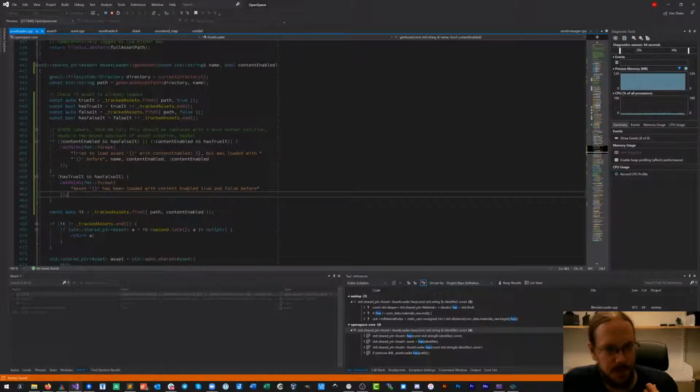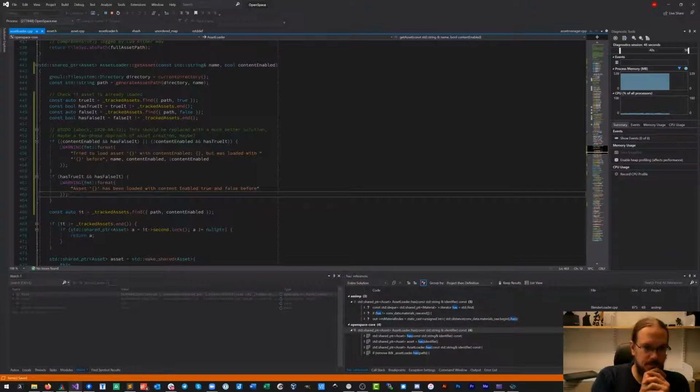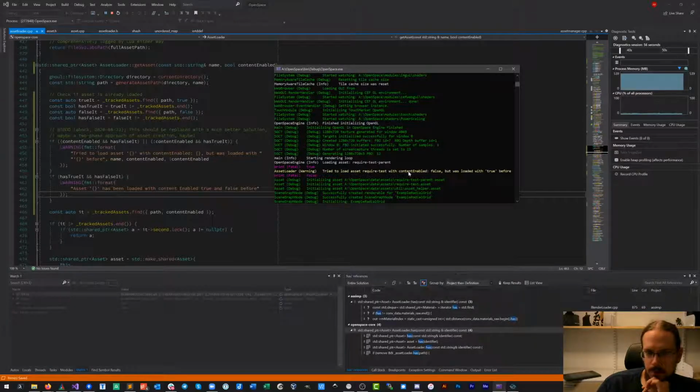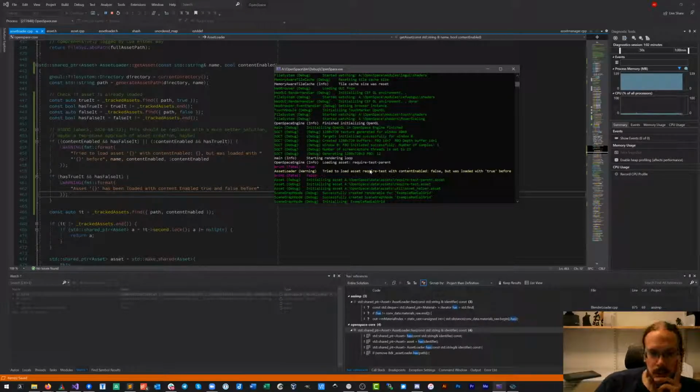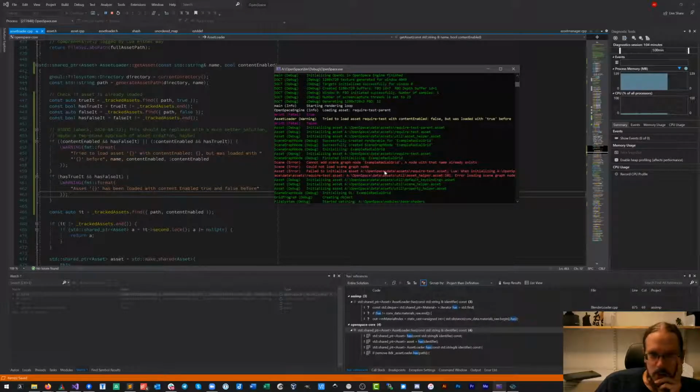Okay, so I guess the question is, if one of those warnings happen, do we actually want to continue? Because now we're getting the problem that we're trying to add the grid twice.